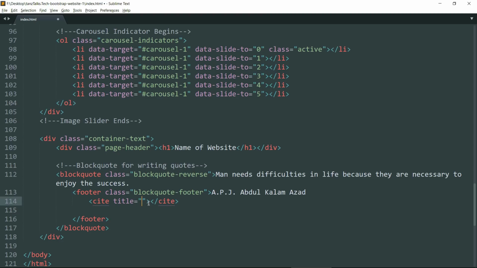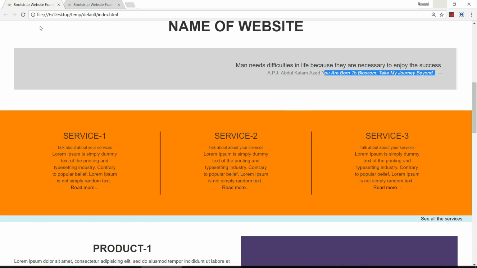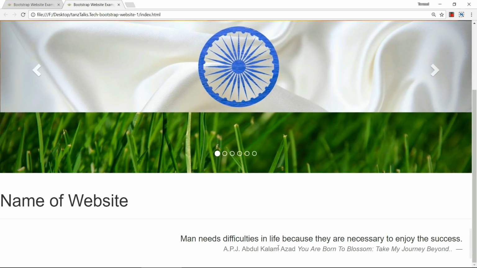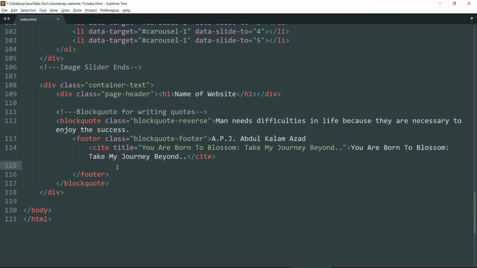Now paste it here. Okay, I left out the Y. Let me write the Y. Okay. Now let's save this and see in the website. Refresh. Okay, it's looking fine right now, but we still need to format it. That we will do in the CSS part.